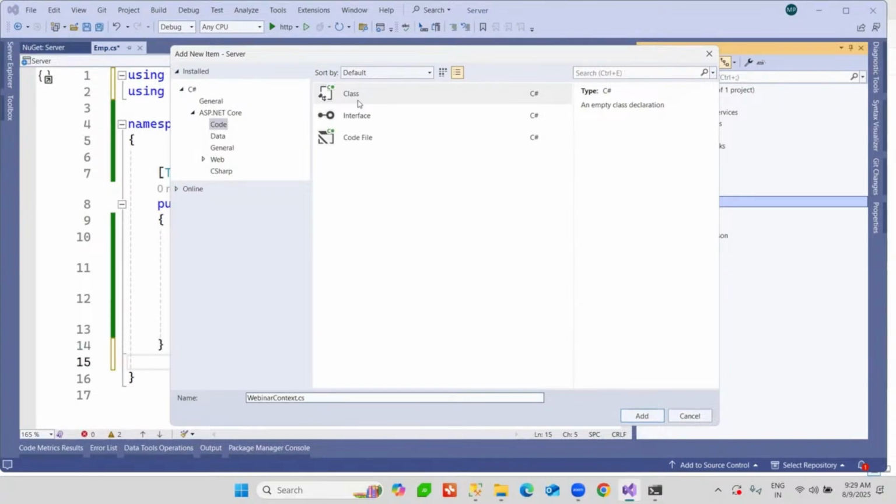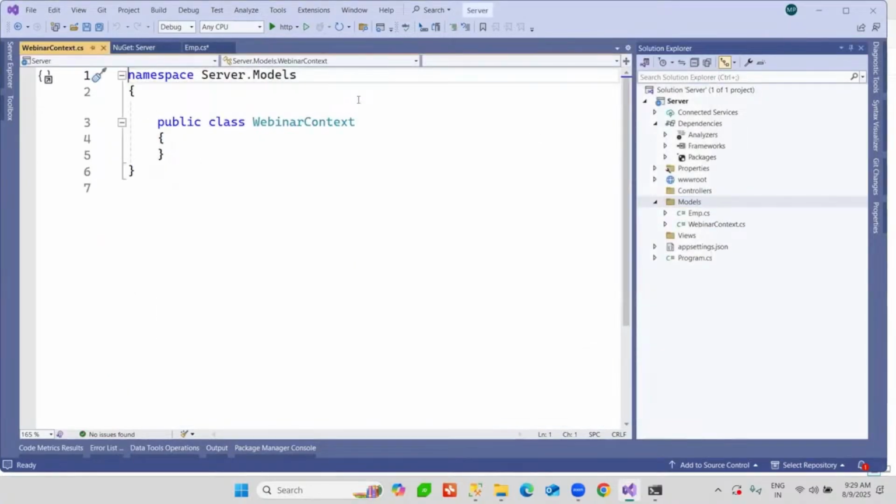Normally that's the trend that you will see, but based on the coding standard of your company or the one that you follow, you may use any kind of name here. Normally I follow this practice wherein the database name and the word context is something which I add. Now this webinar database related class, called WebinarContext, is going to help us bring all the data specifically on the